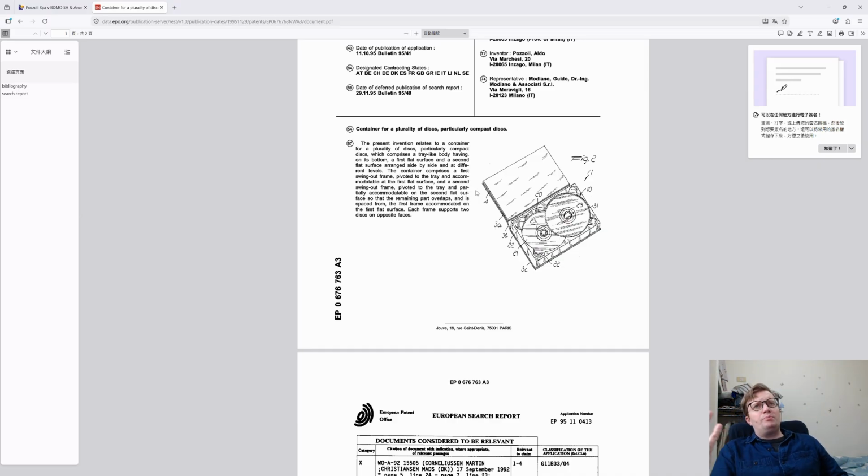So we got a container for a plurality of disks, compact disks. Okay, so this is like a disk changer. So the present invention relates to a container for a plurality of disks, particularly compact disks, which comprises a